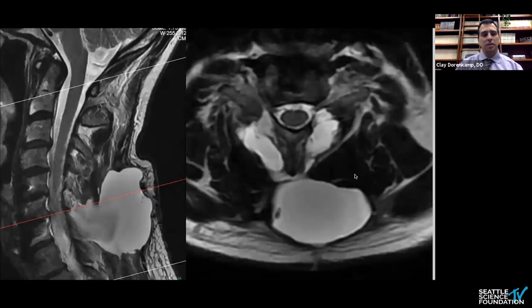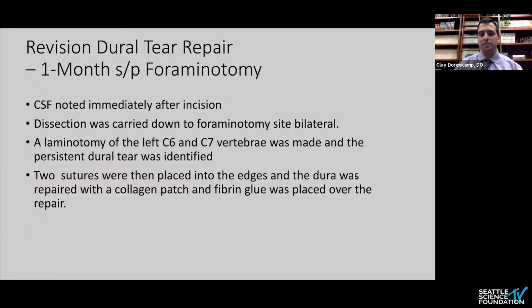So this was his urgent MRI that was ordered, showing a large CSF collection along the posterior spine and under the subcutaneous layers. So this patient ultimately underwent a revision dural repair. When they made the incision, CSF was noted immediately after incision. Dissection was carried down to the foraminotomy site bilaterally, and a laminotomy at the C6 and C7 vertebra was made where the persistent dural tear was identified. This time, 2 sutures were placed into the edges of the dura and it was repaired with a collagen patch